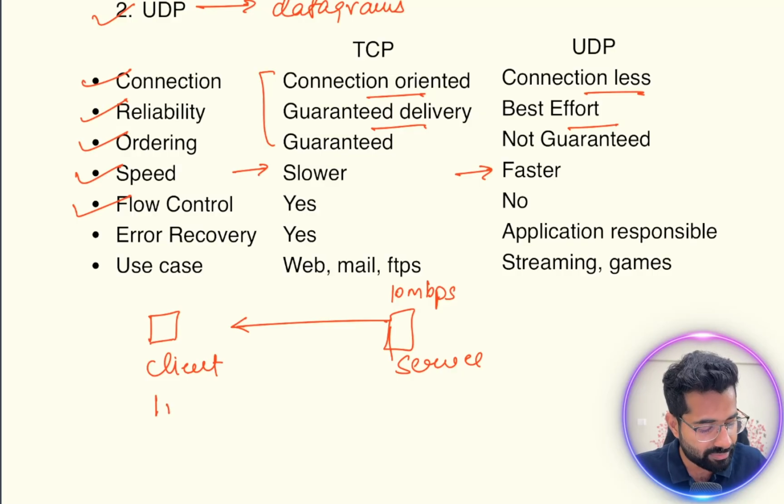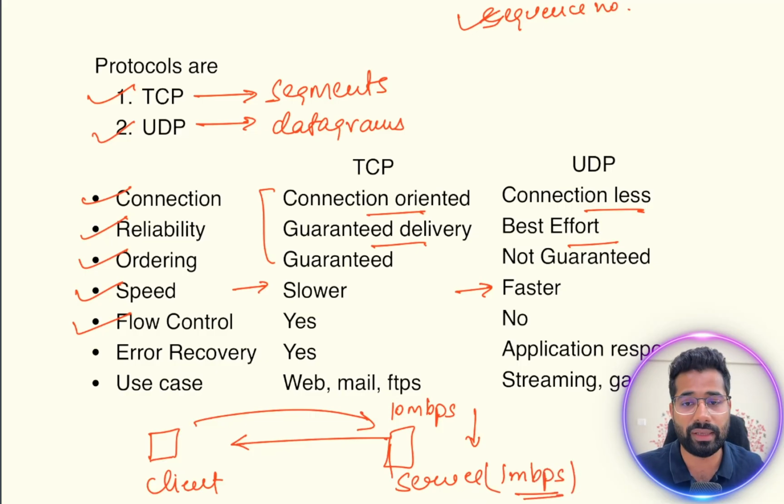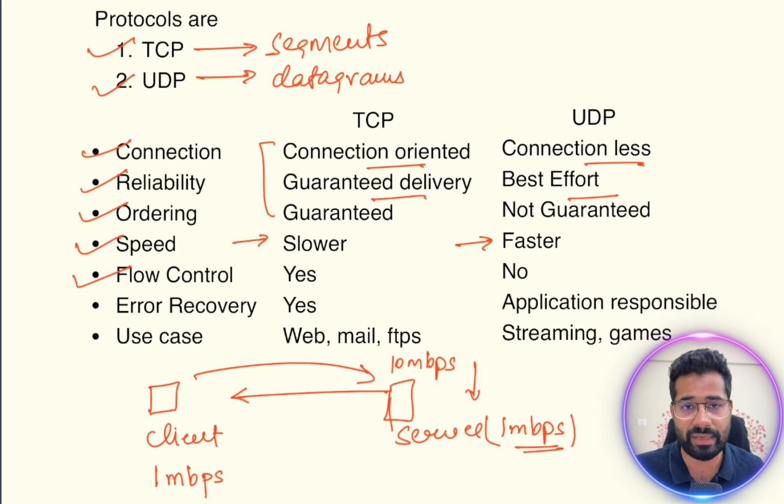Now if the client is only able to handle data currently at 1 megabit per second, it can give feedback to the server to decrease the speed of the data, and the server can decrease the speed to 1 Mbps, and thus flow control happens. So the receiver controls at what speed the sender is going to send the data via this feedback mechanism, which happens in TCP. A similar thing does not happen in UDP,